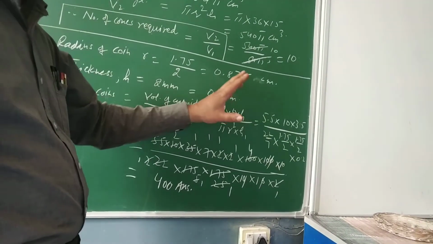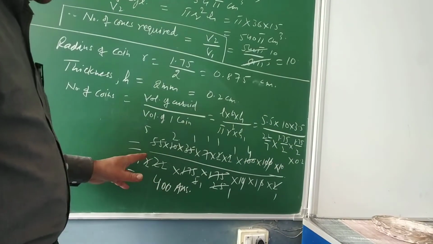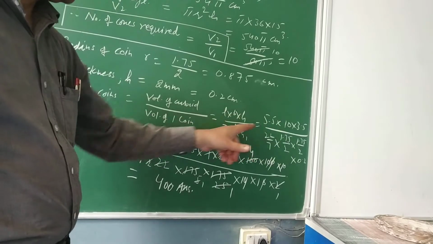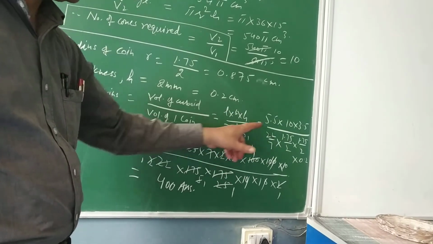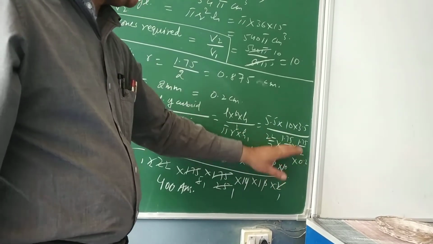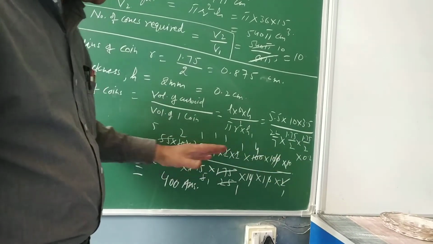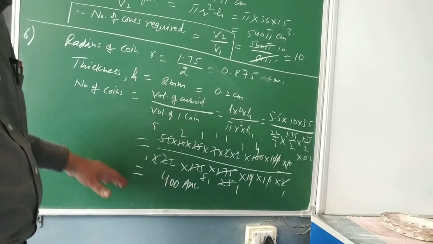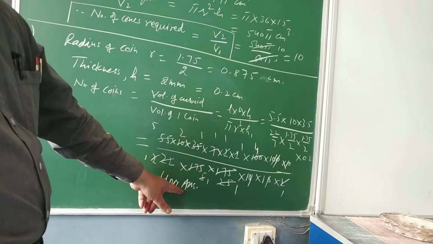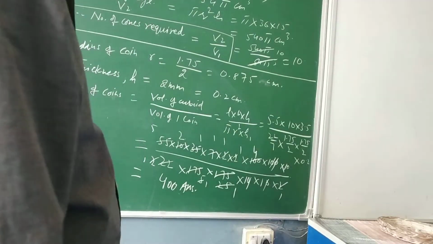The volume of cuboid, you know, L into B into H. All that information is given. Substitute all these values and go for the calculations. Nicely you can see I have done here by L into B into H, then pi 22 upon 7, r square is 1.75 upon 2 into 1.75 upon 2, h1 is 0.2, and then ending zeros are shifted to the numerator. From here I have shifted to the denominator, so that in a very easy way you can understand, small terms are there. Exact number will be coming somewhere is equal to 400. So number of coins will be equal to 400. So this is your question number 6 solution.